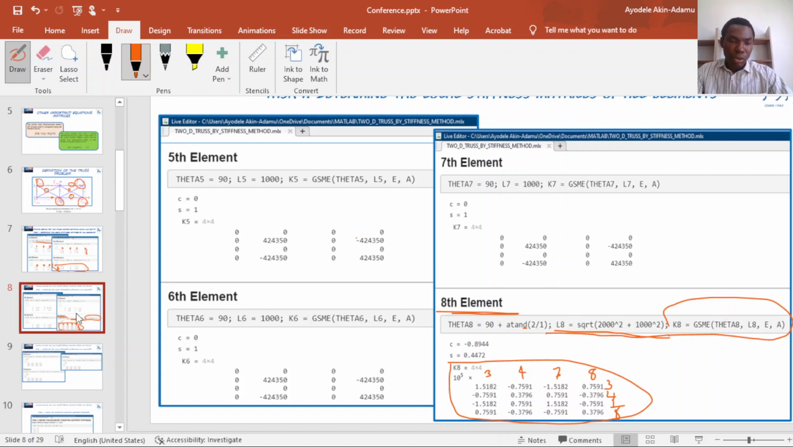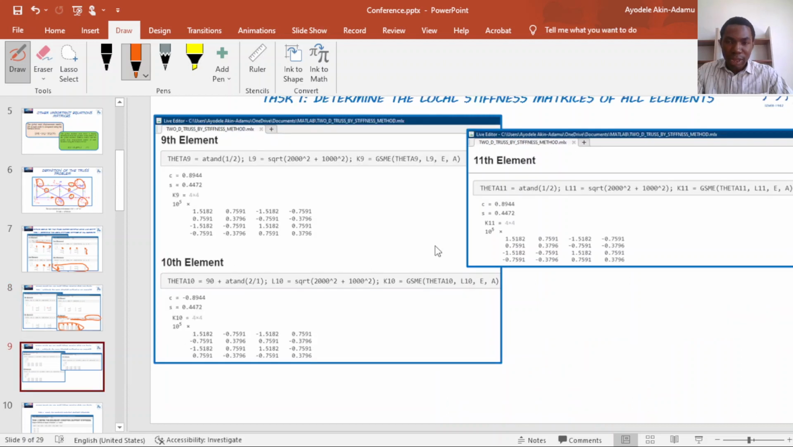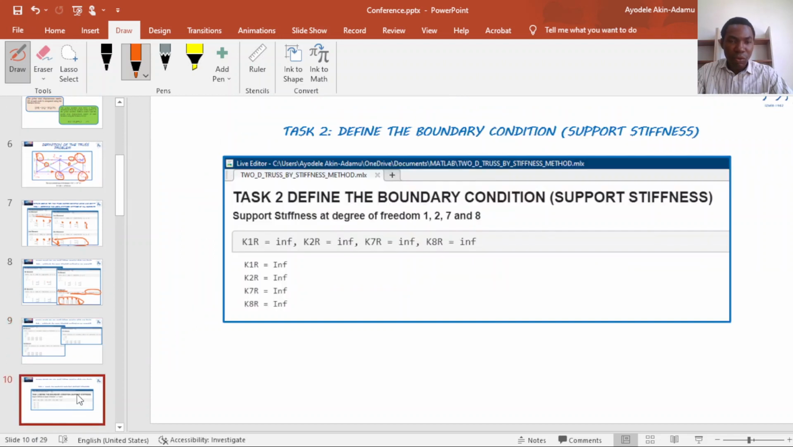So you do this for the 11 finite elements. You compute the local stiffness matrix, and you also note the numbering in this manner for each of the local stiffness matrices. So I did this for all the truss elements through element 11 in the same order. Then after we have computed the local stiffness matrix for all the elements, the next thing we need to do,